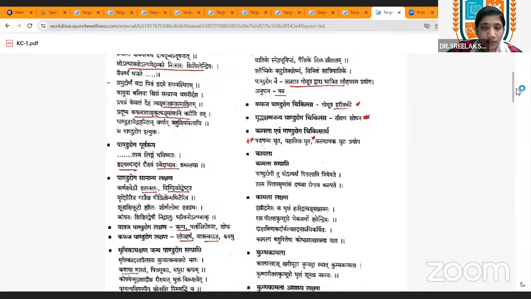And Krimi Koshtha will be there. And Atisara with Kapha and Rakta. That is an important symptom. There may be motion mixed with mucus and blood. That is the classical symptom of Mritjanya Pandu. So please note it: Atisara with Kapha and Rakta.